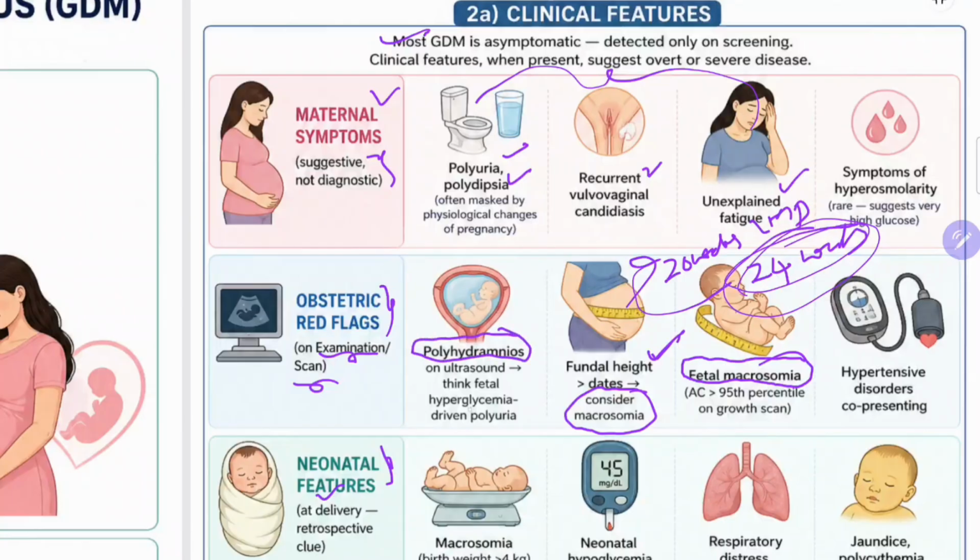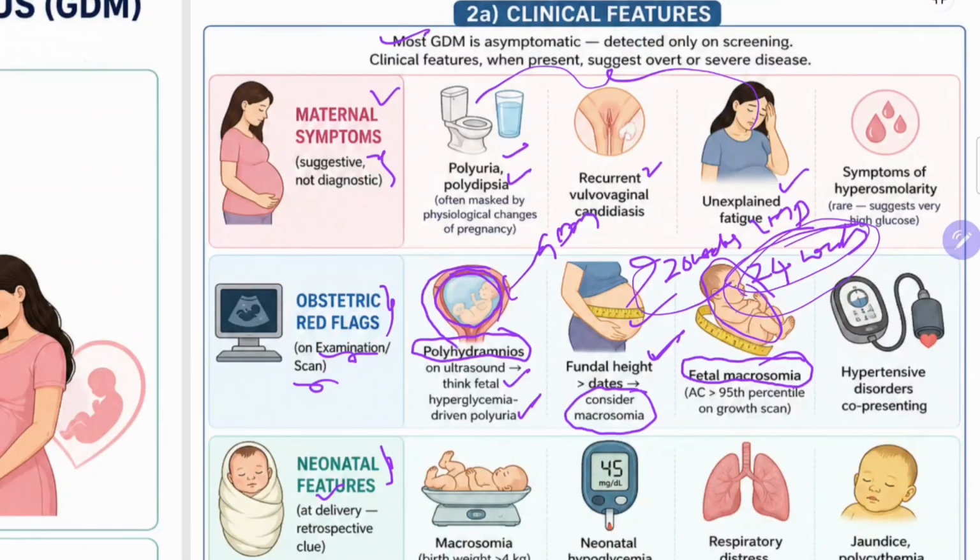polyhydramnios on ultrasound. Why? Fetal hyperglycemia causes polyuria. So because of polyuria, there will be increased fluid, amniotic fluid. So that is polyhydramnios, increased fluid. So that suggests GDM. So this is GDM. These are the clues. Okay, abdominal examination and obstetric examination of the parameters of the